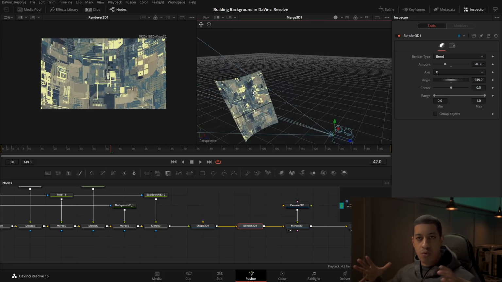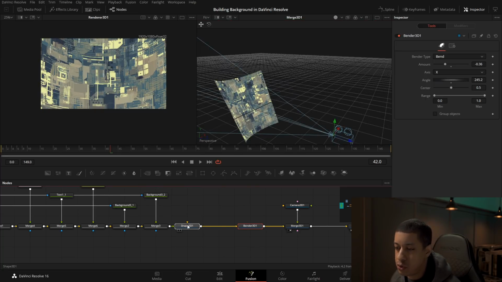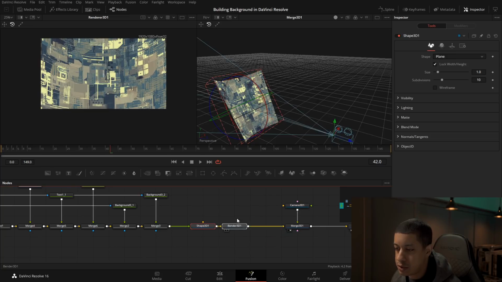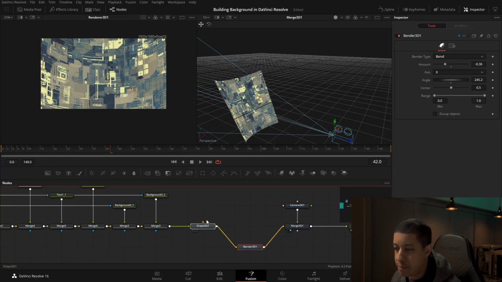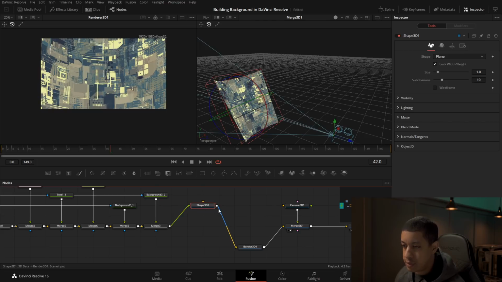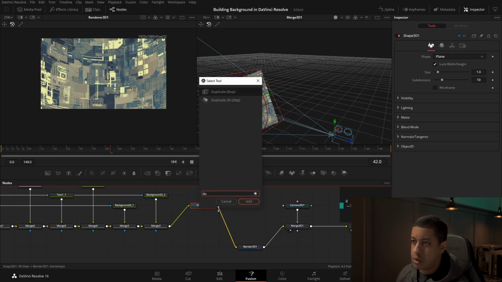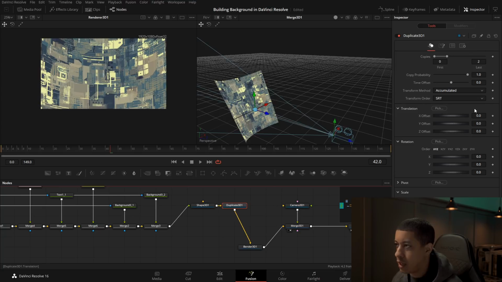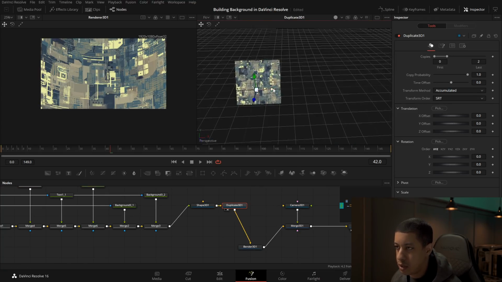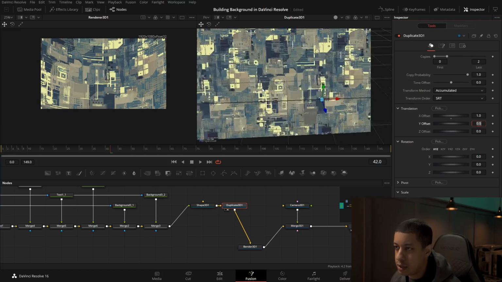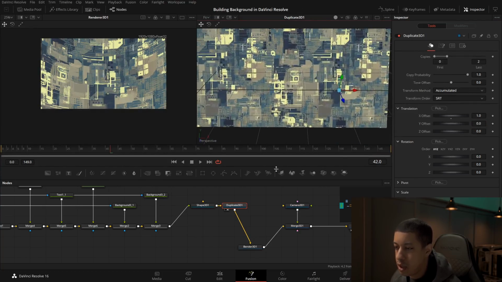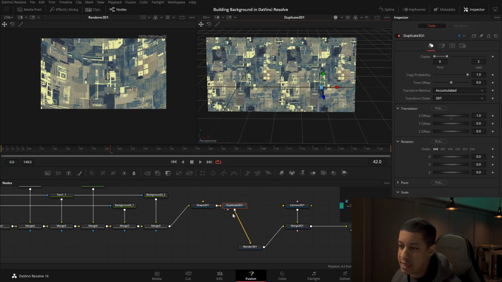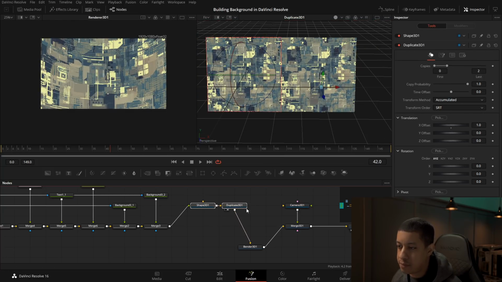If you want things to get real big, you can also do a duplicate here. So I'll just move this down because I want to bend the whole item. So we come into here and we can do a duplicate 3D, and we can say how many copies we want. Let's just view just this item, and then we can duplicate it, right? So we can just say, okay, we want it to go to 1. So now it's duplicated here. And now we'll look at this as one whole item.